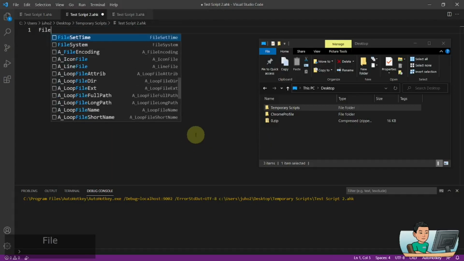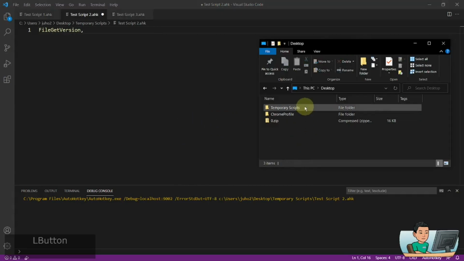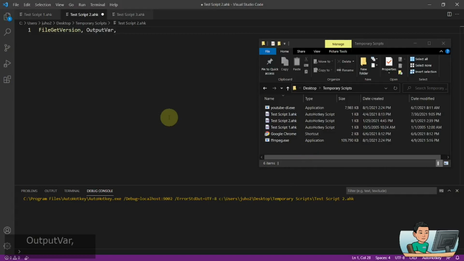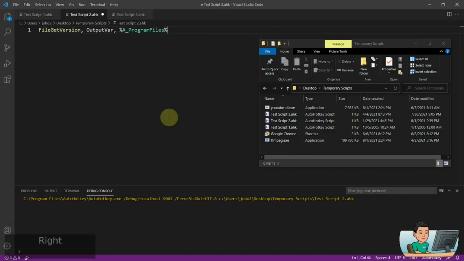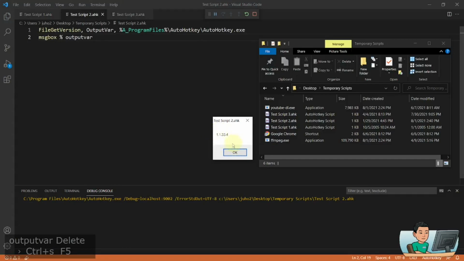And lastly, I've got FileGetVersion, which gives you the version of any executable file. Normally executable files only. You can't do it on, say, for example, text files. So what I'm going to do is I'm going to output the result into OutputVar, and I'm going to use A_ProgramFiles to look at my AutoHotkey executable, AutoHotkey.exe, MsgBox OutputVar. So this should give me the version of AutoHotkey that I'm running on. So it's